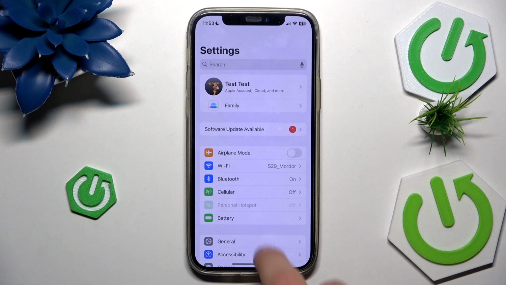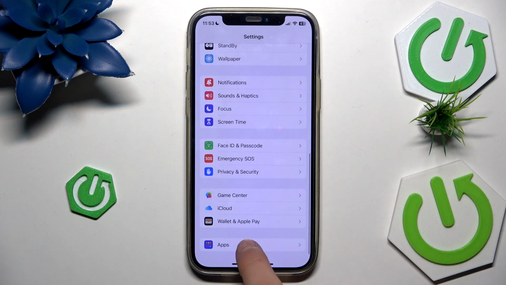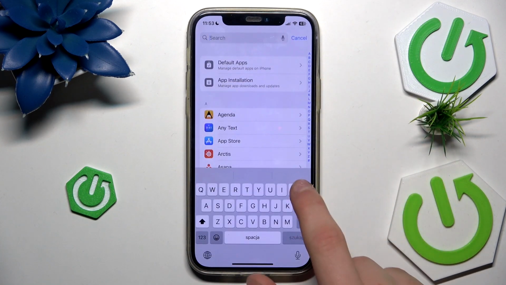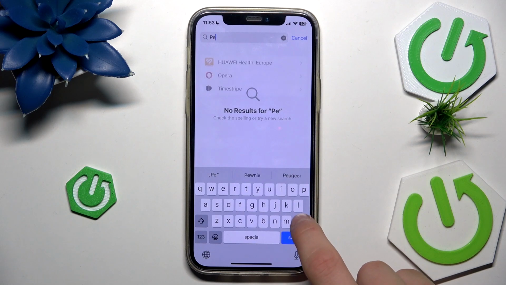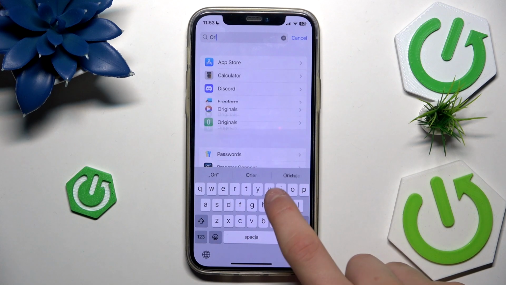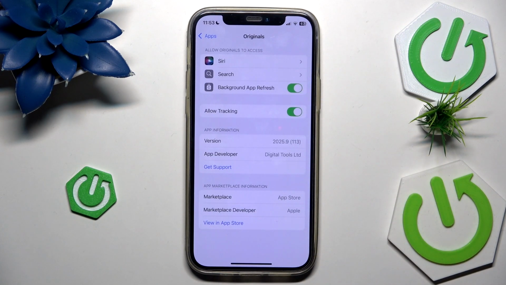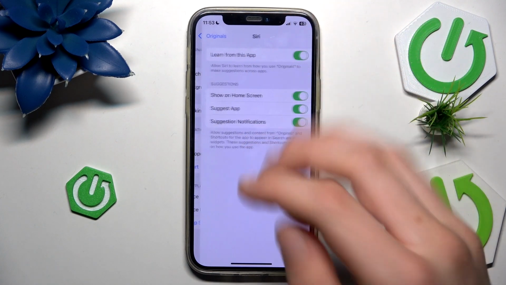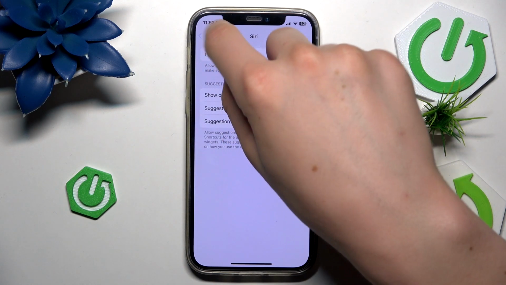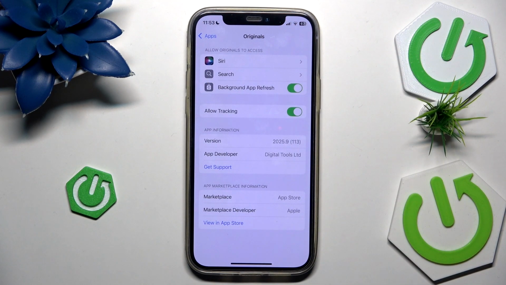First, go to the settings, scroll all the way down, apps, and find your app. Here we got Peacock, and maybe you just don't have auto tracking, background refresh, or the Siri settings on. You should have everything on the favorite. But if you got everything like me and still got some issues or problems with the app, maybe you just need